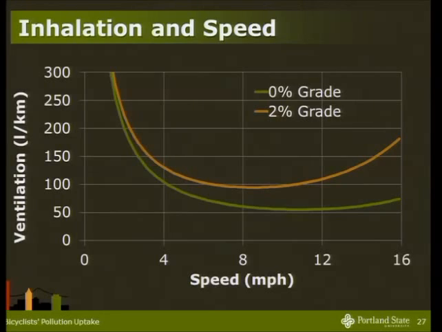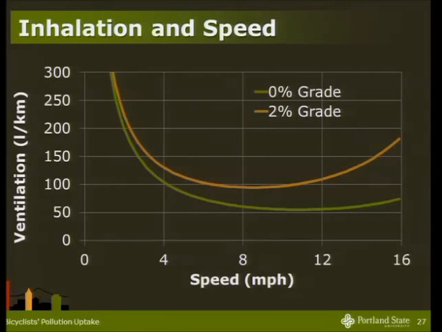And then the two lines here show the ventilation rate per unit distance as it changes with speed for a couple of different grades. And clearly nonlinear relationship, and it actually has a minimum that's well within the range of reasonable bicyclist speeds. So here for a 0% grade, we see that around 11 miles an hour is what we can call the minimum ventilation speed. So in other words, if this bicyclist is cruising at about 11 miles per hour, then they're going to inhale the smallest volume of air for their trip, and as a consequence, inhale the smallest dose of pollutants for a given exposure concentration.